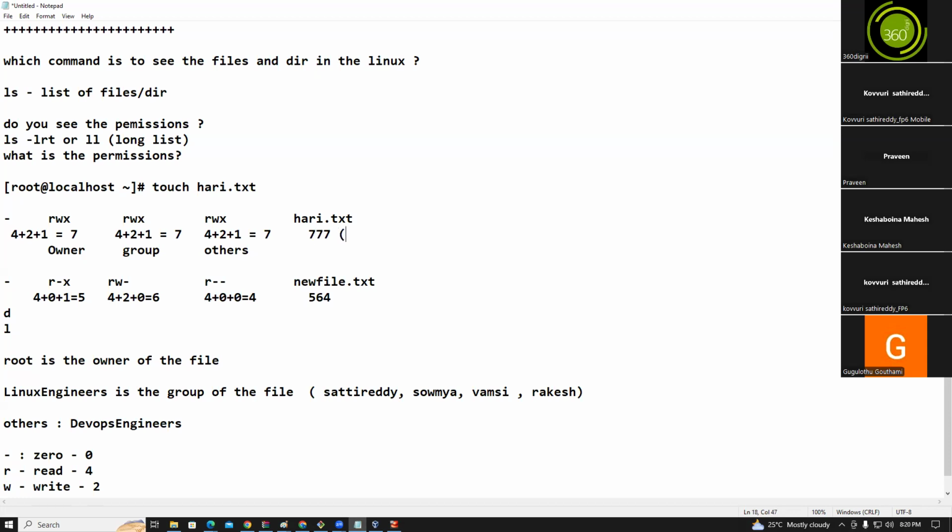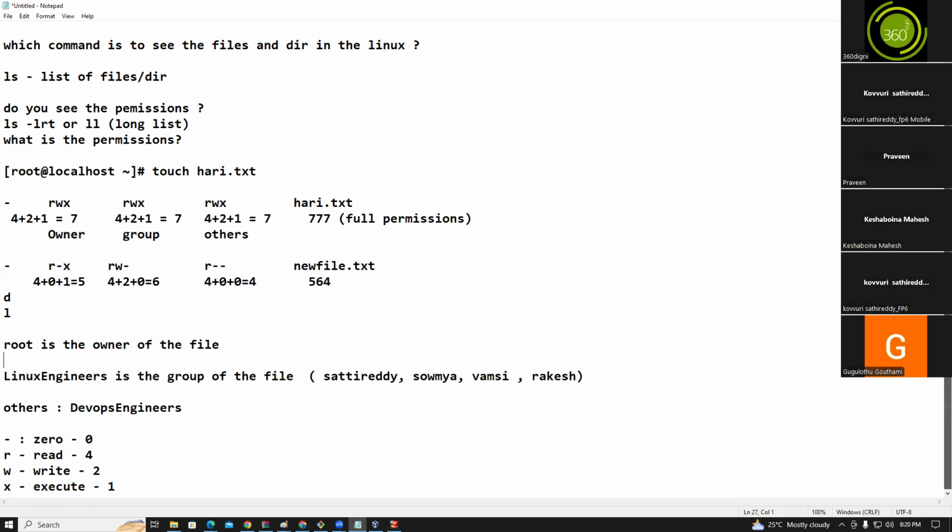Triple seven is nothing but full permissions. Right, guys? Now you understood the permissions. Yes, sir. Yes, right. So for example,